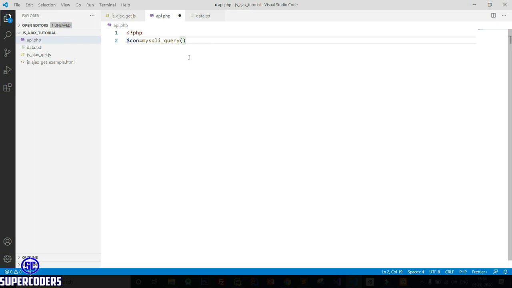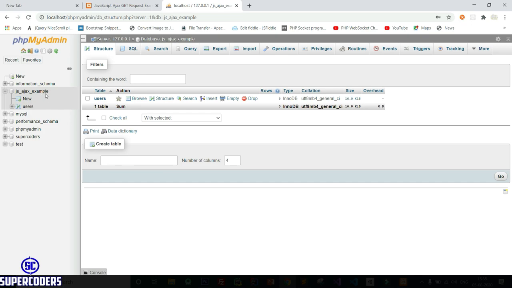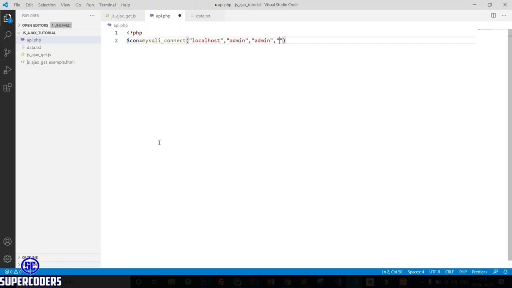So $con equal to mysqli_connect, localhost, admin which is the username, password which is admin, then the database name, JS Ajax example.